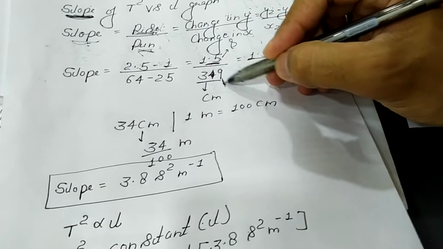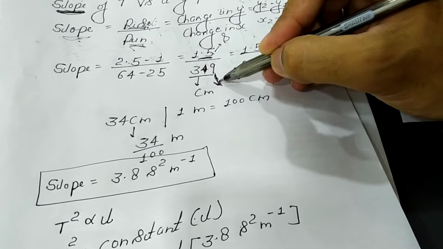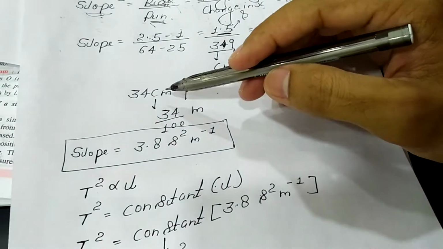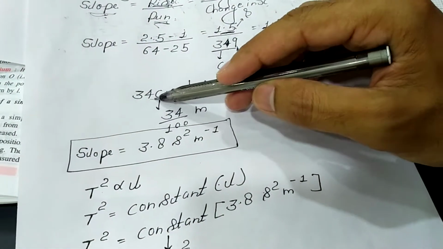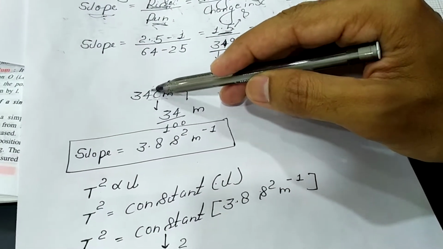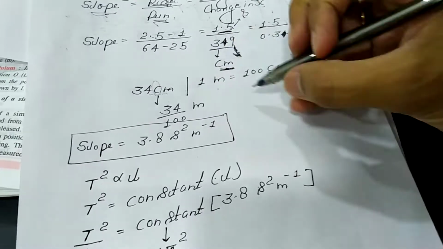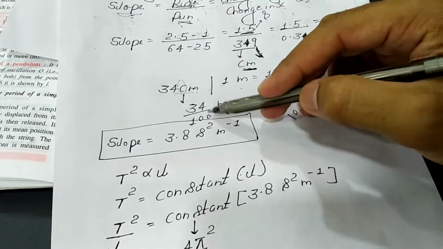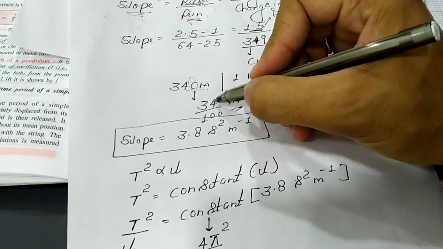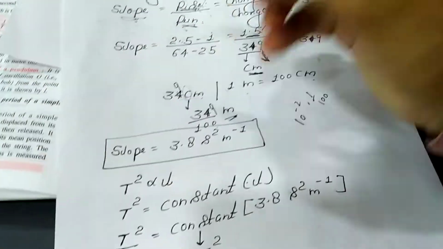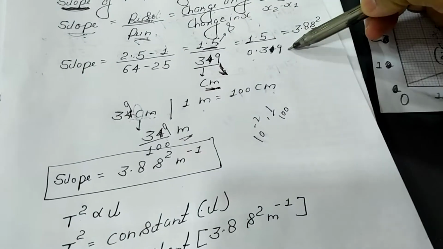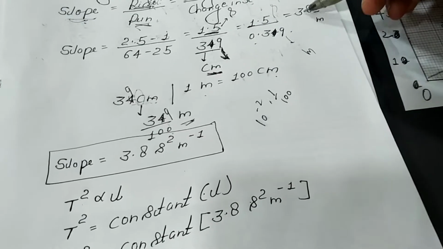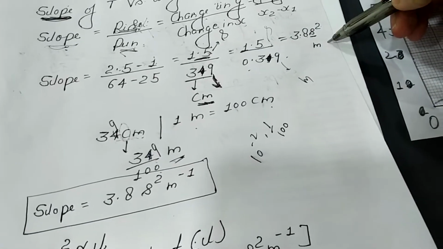But guys, this is in centimeter, and we know that whenever we deal with length, we always use the SI unit. So 1 meter is equal to 100 centimeter. To convert this centimeter, you remember the prefix centi? Centi means 10 to the power minus 2, or 1 upon 100. So we divide this by 100 to convert it into meter. Sorry, this is 39, this is also 39. So 0.39 upon 1.5. This is in second, and this is in meter, so it will come 3.5 second square meter, right?